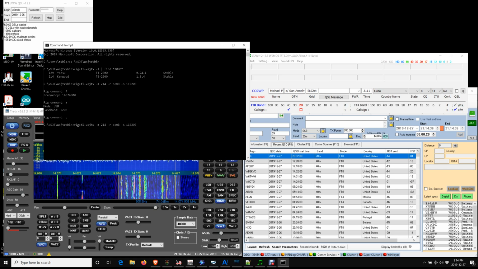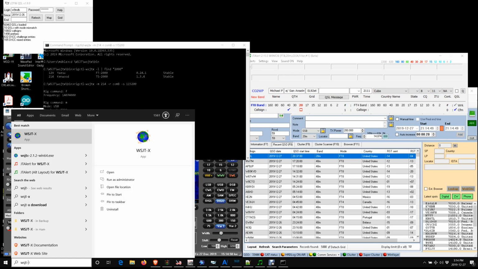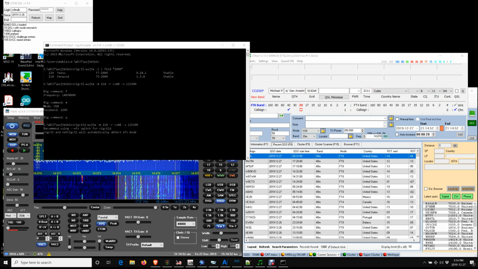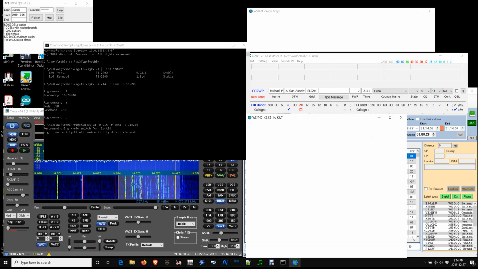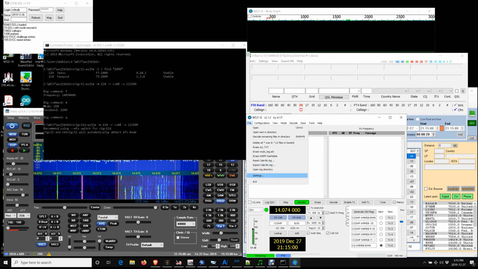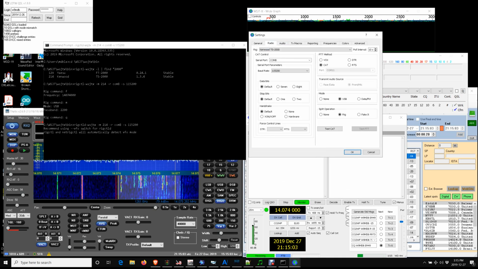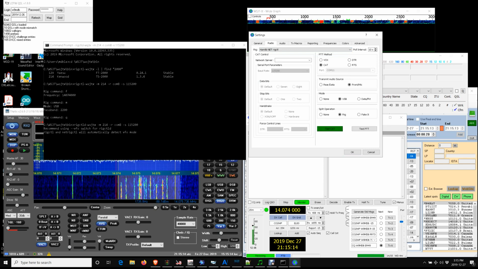We can recall that command with a cursor up and just change this to rigctl-D. When we hit enter there, you get that little message there. We can now start WSJT-X again. In WSJT-X, we're going to go change the rig settings. Back to the radio. This will become hamlib net rig control. Hit the test button and we should get a green check mark back, which means we're talking successfully to the